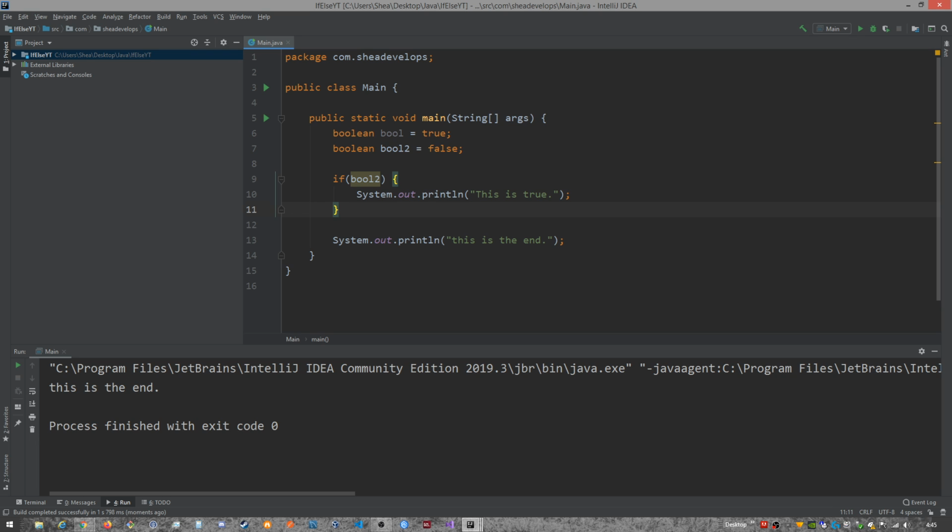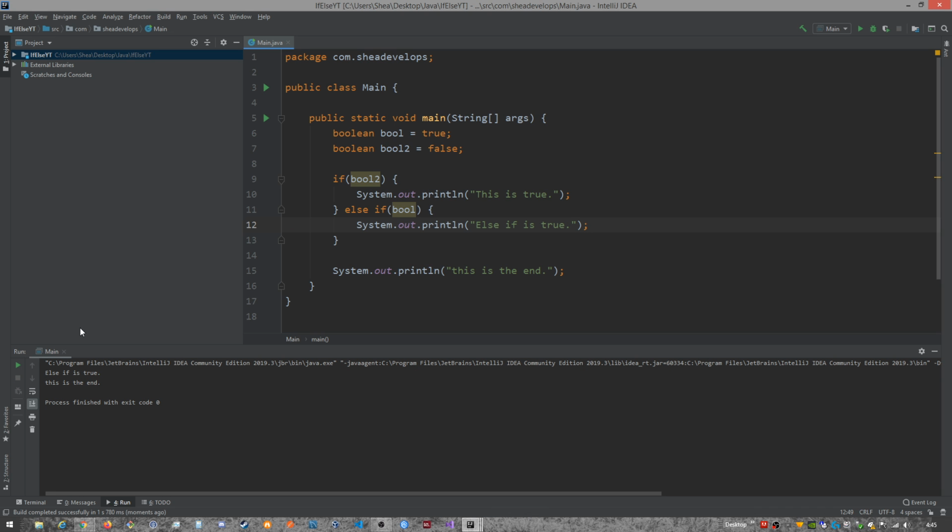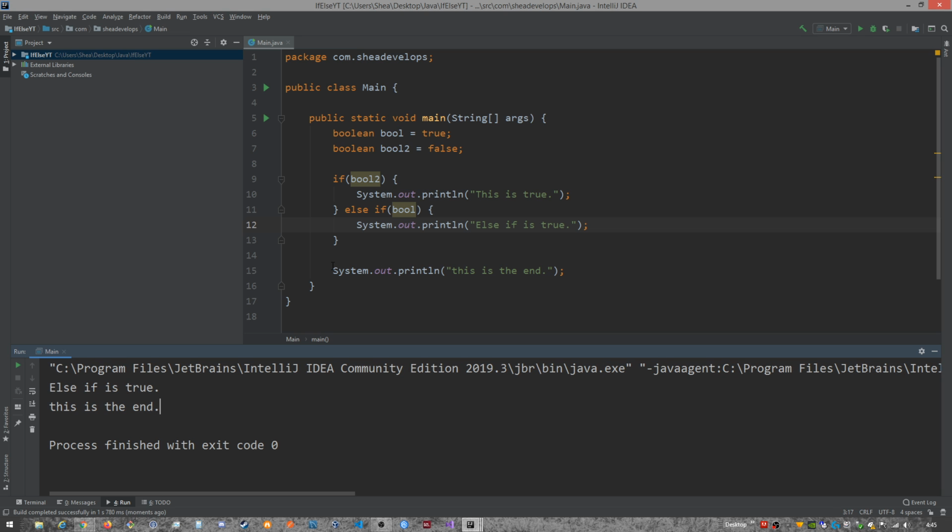But say we wanted to test even more things, right? We could use an else if and then put in our statement that we want to evaluate. Say we want to evaluate bool this time, and else if is true. We can run that, and that's what it's going to print out. Else if is true, and then this is the end, because this is the end comes afterwards, so it's always going to be outputted. So I'm going to go ahead and erase that, and we're going to focus back on